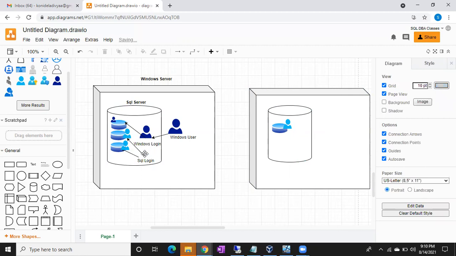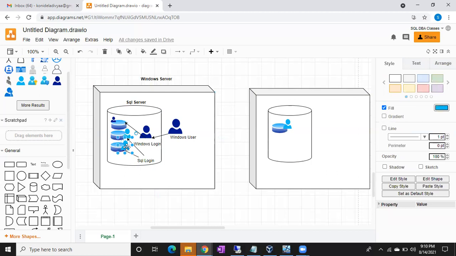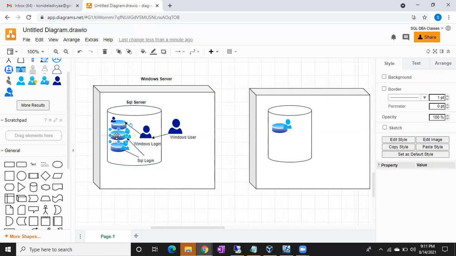what is meant by orphan? If there are no parents, we can call them orphans, right? In this case, someone deleted my login. So these two people will become what? How can we call them? Orphans. Why? Because the parent is not there. So these two people became orphans now. This is one scenario. The second scenario is if you restore the same database in another server, along with the